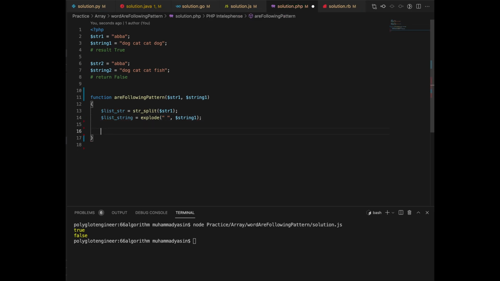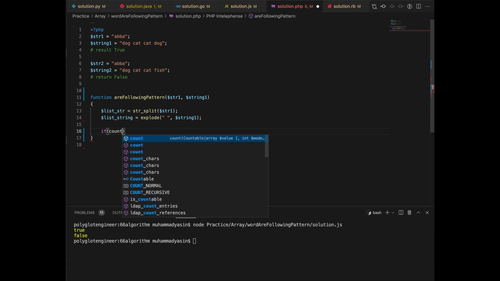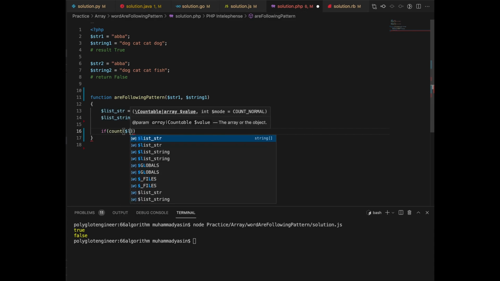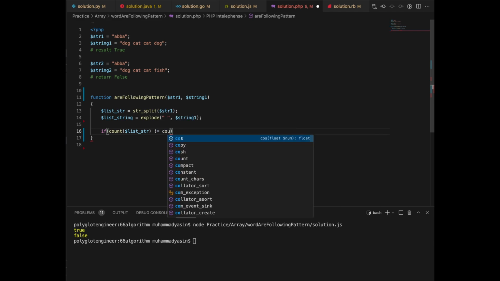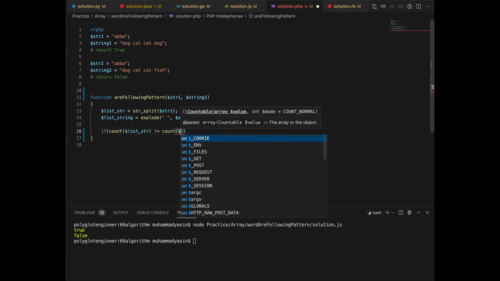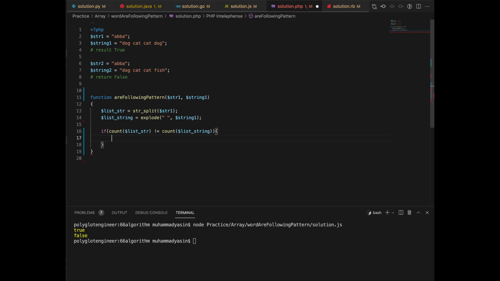It's going to have this, and you're going to check if the count of this str is not the same as the count of the list string, right? Just return false, else